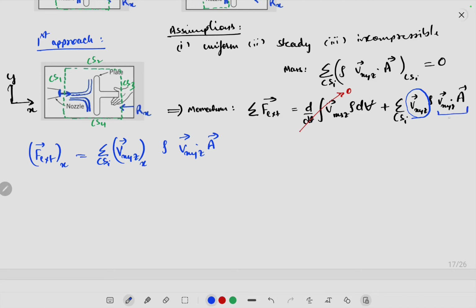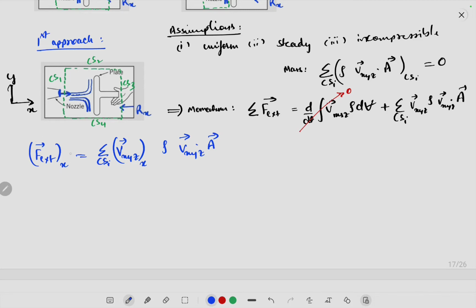Since this is a dot product, this won't give me the vector part, and that's why this Vxyz is the total Vxyz at that control surface CSI, okay. Alright, so I have this equation, and let's not write this bracket again and again. Now whenever I will write this, you please assume that these are in that CSI only, okay. Alright,